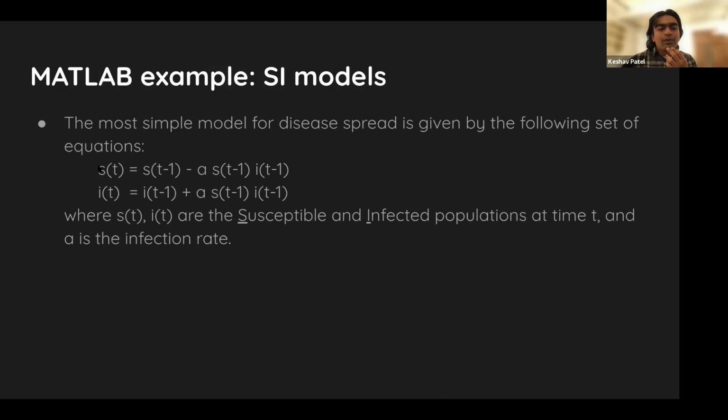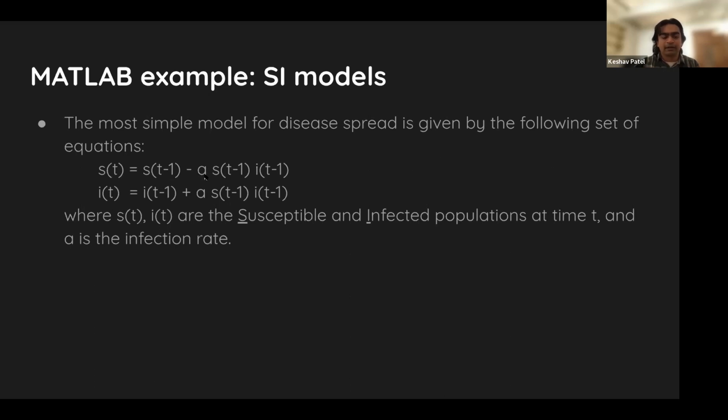So suppose the value S represents the fraction of susceptible people in a population, and suppose the value I represents the fraction of infected individuals in a population, right? What we're thinking about is we have a group of people, some people have some disease, and they're able to infect susceptible people by interacting with them. Our interaction term is given by this portion right here. So mathematically, we can think about the number of times an interaction occurs between an infected person and a susceptible person,